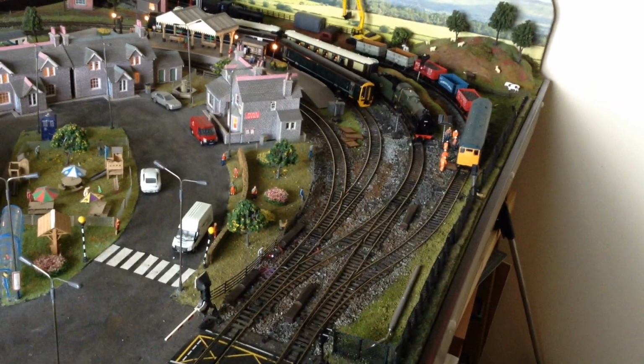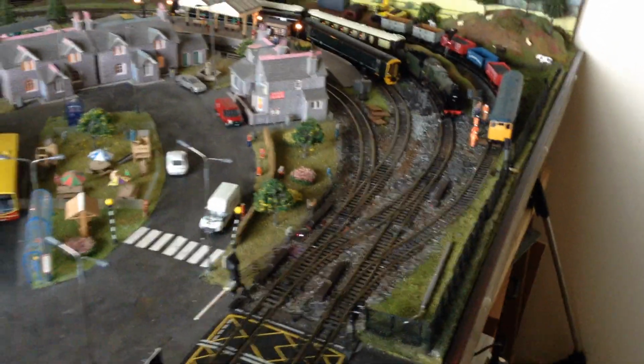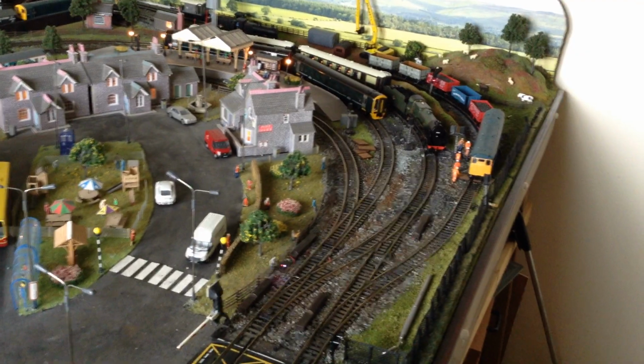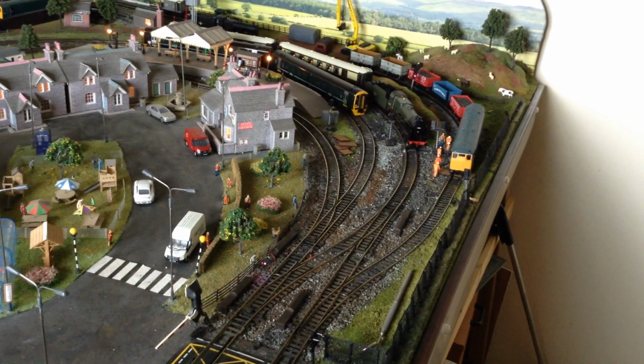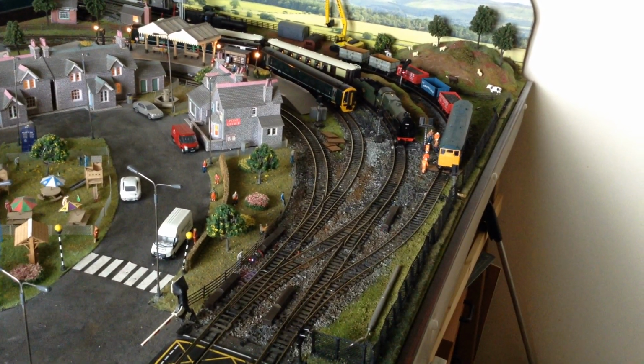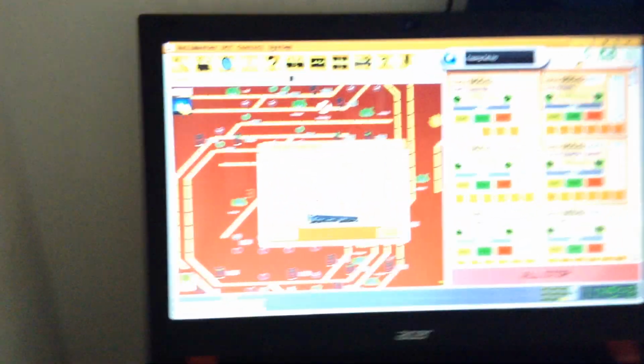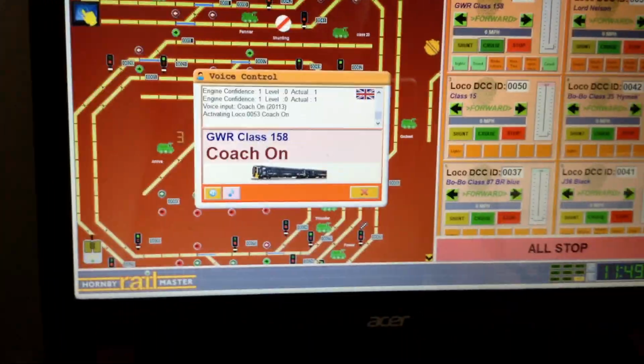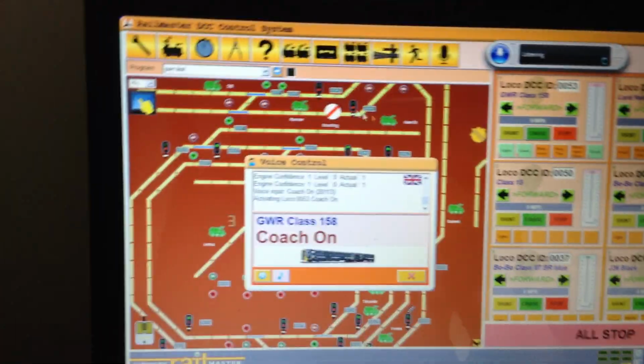Sound on. Coach on. That's all I've got to do, is to get that. I can put that into the program if I need to, but I'm just doing that bit just to show you how to do this. And all I've got to do now is to press this little button here,